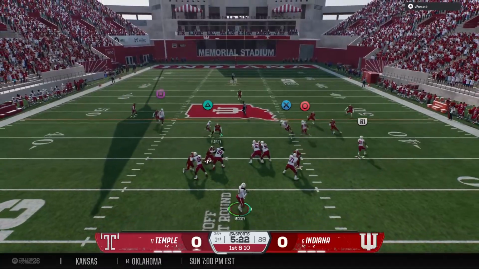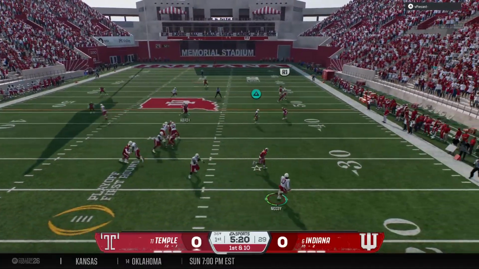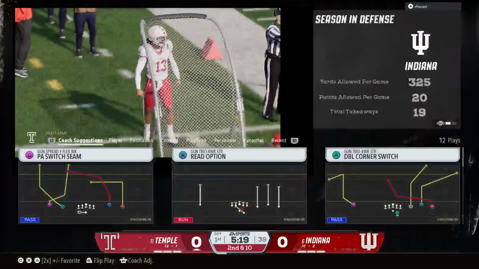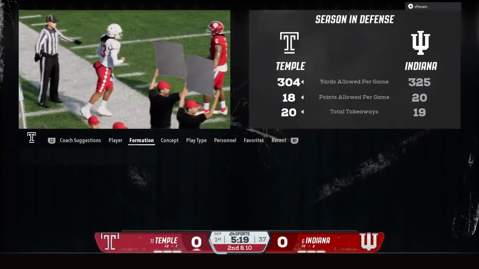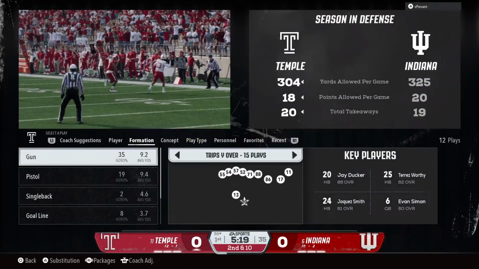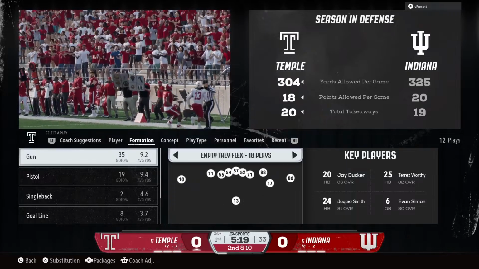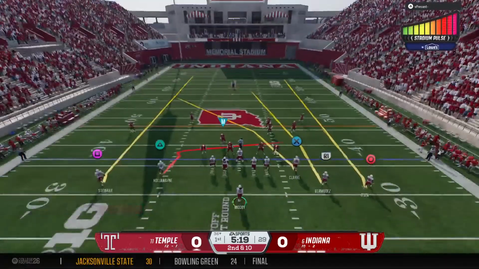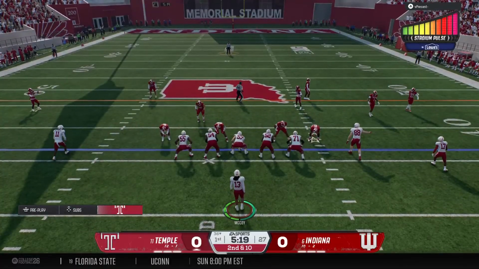On 1st and 10, looking to throw. He escapes the pocket. And he'll just get rid of it. Man, I like this play. I mean, not only is it the right play, throwing it away like that, but given that he had no other option, he just did what he's supposed to do to survive and get ready for this next down. Offense lines up for a second down play off the incompletion.